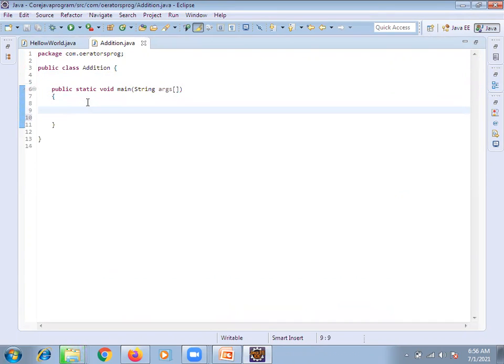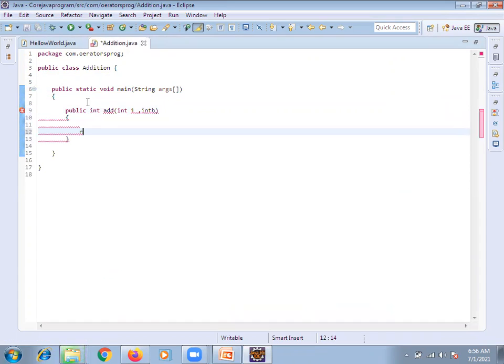What I am doing here? Public int add, with data types int a, comma, int b. Come here. Return a plus b.